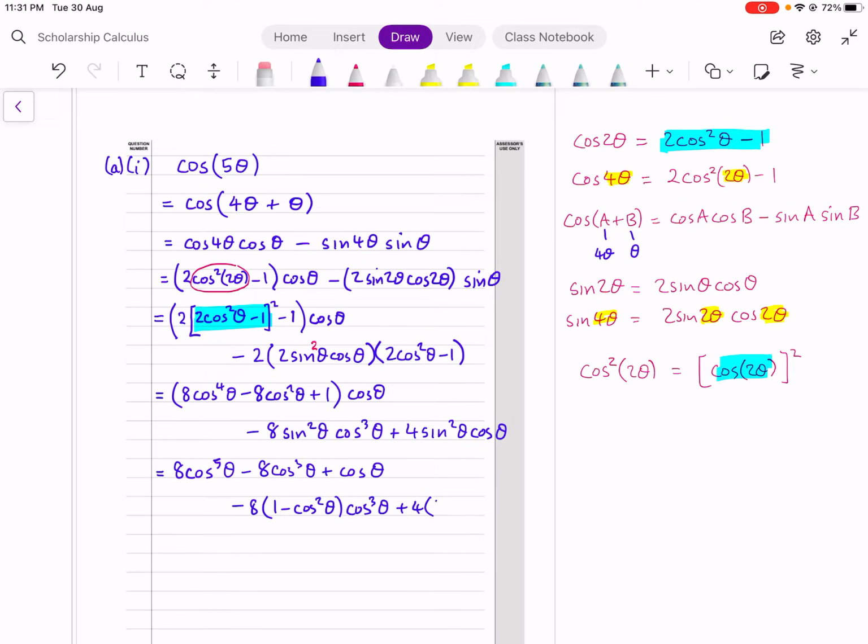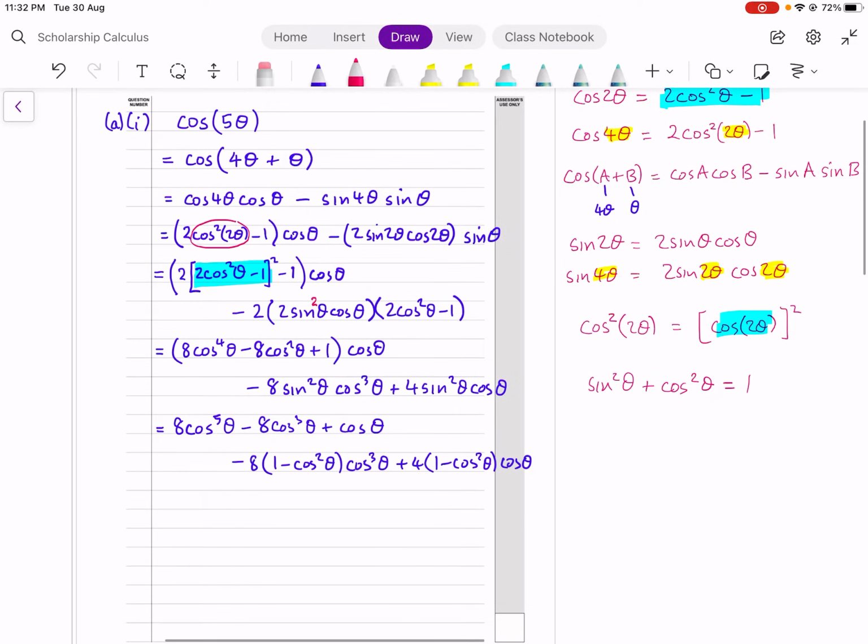Do that again there, 1 minus cos squared. And the identity I'm using is the Pythagorean identity, sine squared plus cos squared equals 1. Okay, and then do a bit more expanding: 8 cos to the 5 minus 8 cos cubed plus cos theta minus 8 cos cubed. I'm lining these up now, plus 8 cos to the 5